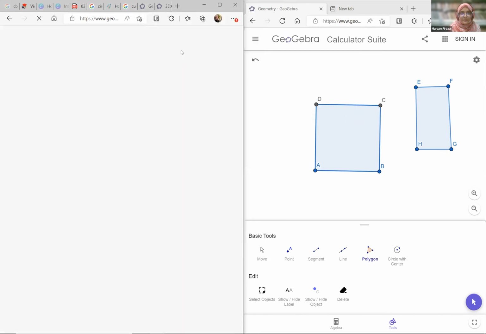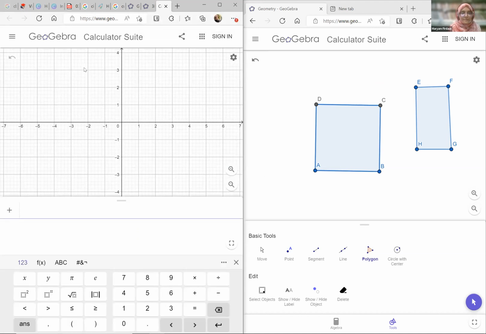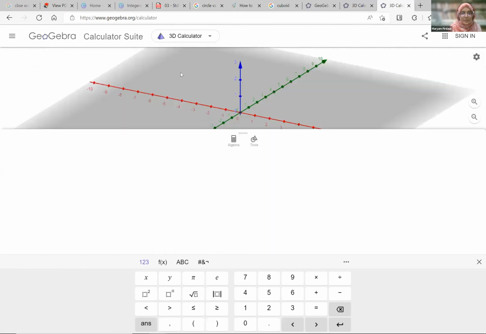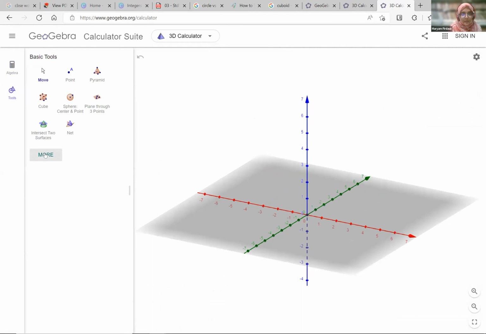I will draw another 3D shape over there, and you have to tell me